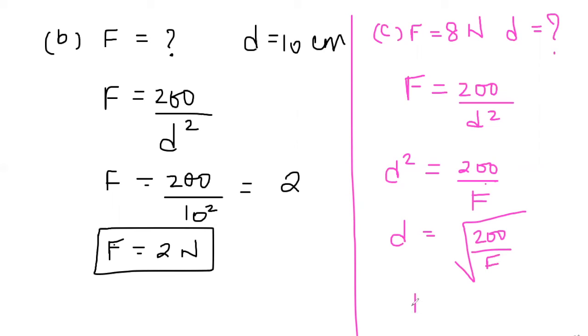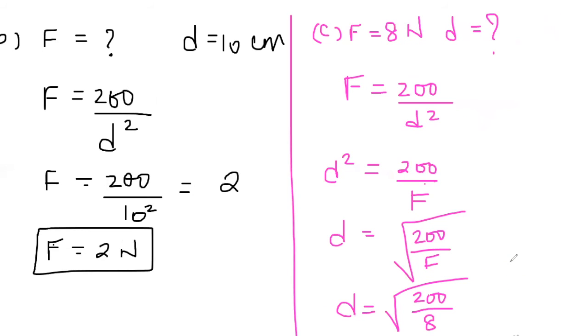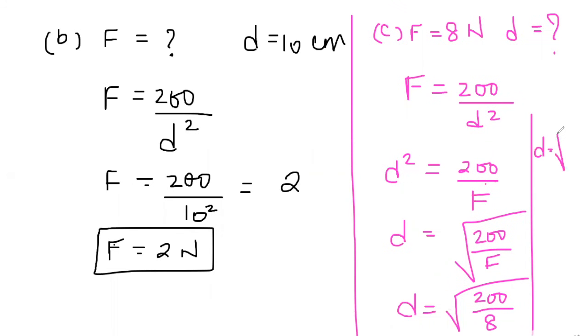I will plug in the value of F, which is 8. Now I'll use the calculator and simplify. So the answer will be square root of 100 upon 4. I cancelled with 2. So when you cancel it by 2, you can straight away use the calculator if you wish, or just do the calculation. So I can cancel by 2 or I can cancel by 4. So I'll get 100 upon 4. Now I'll cancel by 2 once again. So this will be square root of 25. So the value of distance for this part of the question is 5 centimeter.